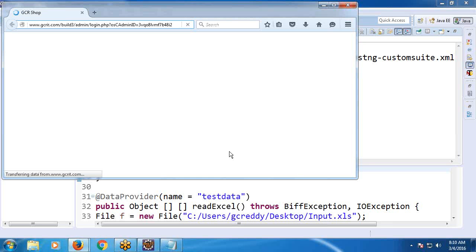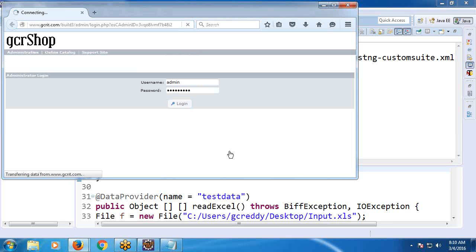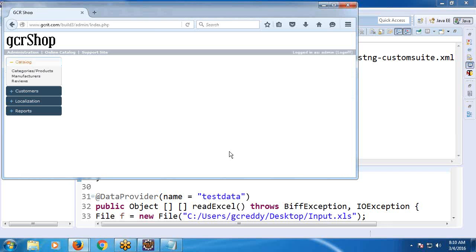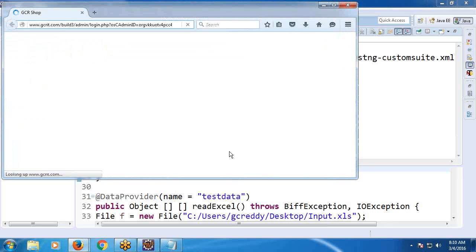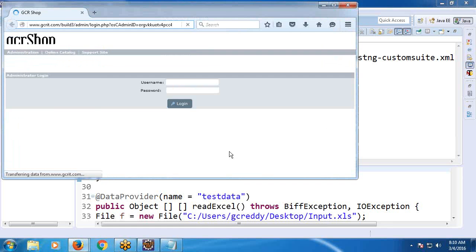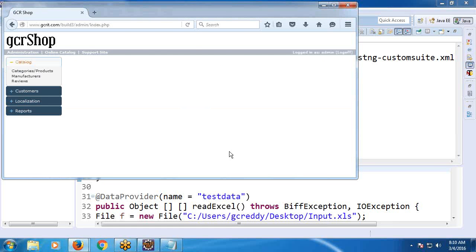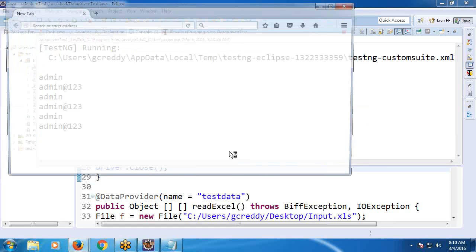Okay. First, launching the browser, navigating to gcrit.com admin, login, closed browser, second iteration, launching, and login. Next, third iteration,